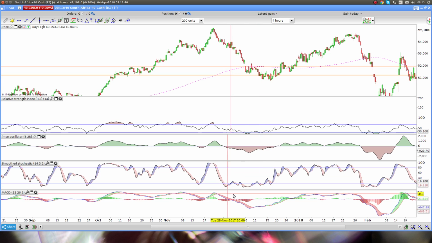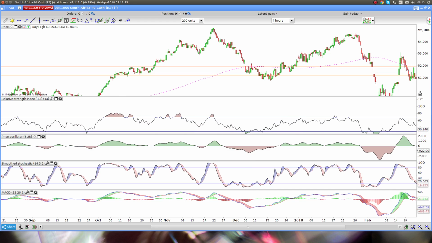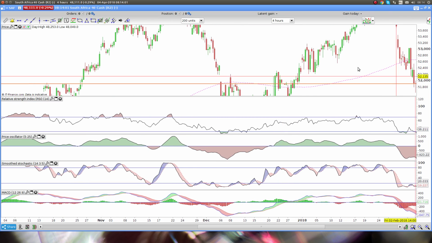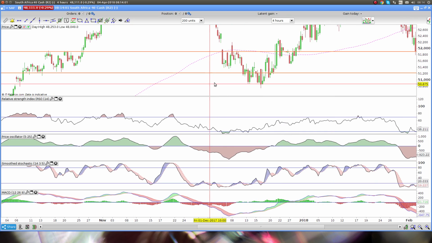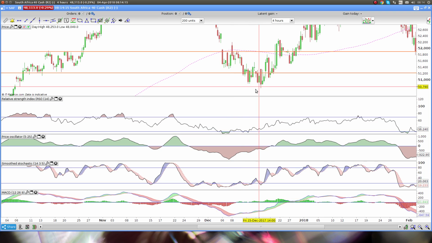So I'm very wary of relying solely on oscillators or indicators. Typically, if I do run some indicators, what I'm doing is using them for confirmation. If we look at this area here, and this is the other problem, you've got very little space on your screen with all the crap on it. So if you look here, you can see divergences, and for me, a lot of these indicators are great for divergences, telling me what's going on.